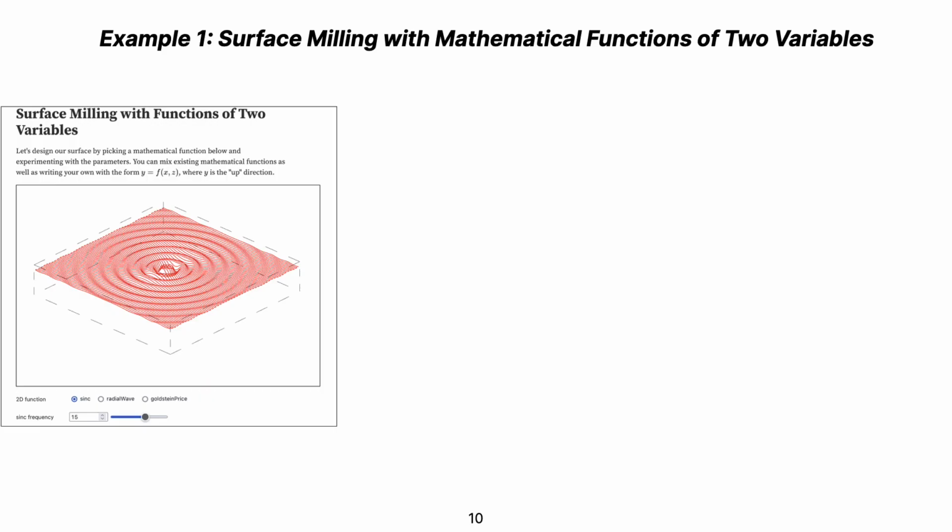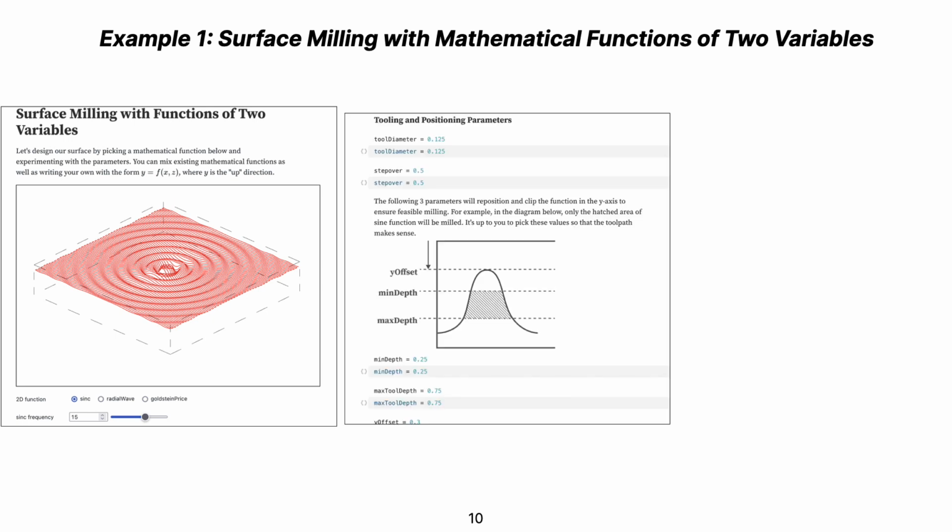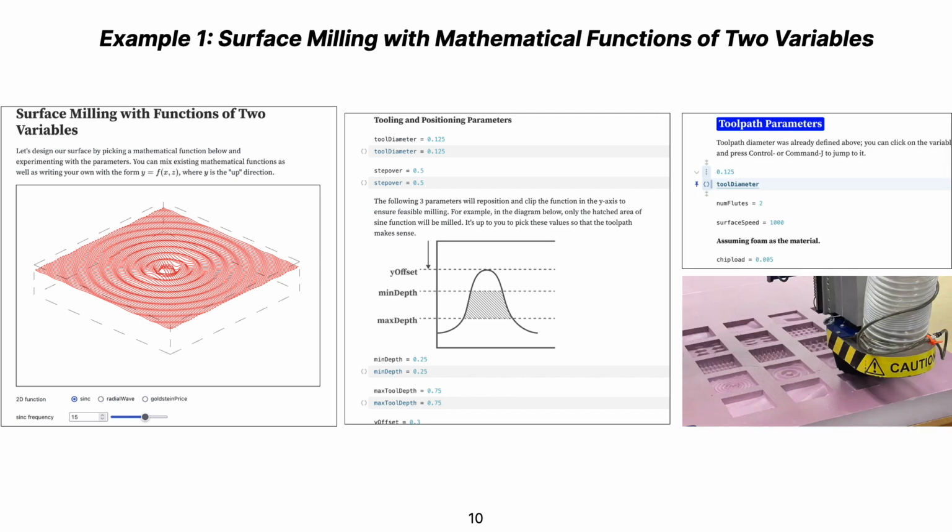We'll walk through the system by going through an example where fabricators can do surface milling by sampling 2D functions from math. For example, here we have the sinc function, which looks like a ripple in a pond, and the user can rewrite code and change parameters to get a desired toolpath. They can then cut scale examples and experiment and deploy directly from the notebook without ever having had to do